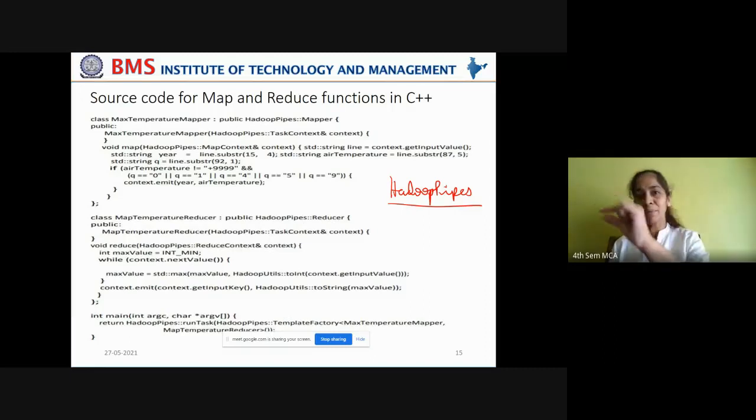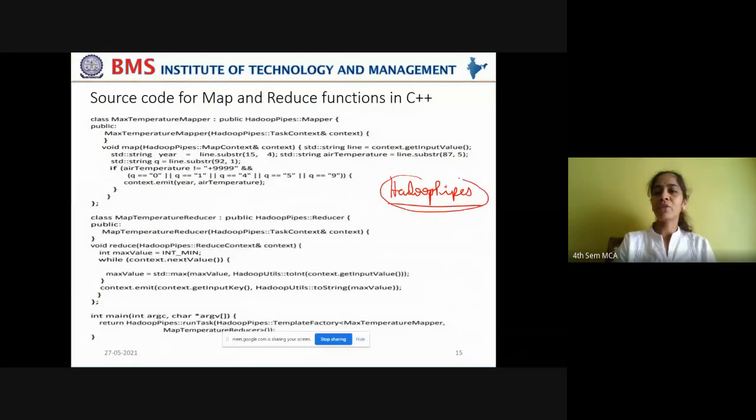So that entire package naming convention, you remember? org.apache.hadoop.mapreduce.Mapper for the mapper superclass, and Reducer for the reducer superclass. Here, instead of packages, in C++ we don't have packages, right? We have namespaces. Now under this Hadoop pipes namespace, you have the mapper superclass and the reducer superclass.